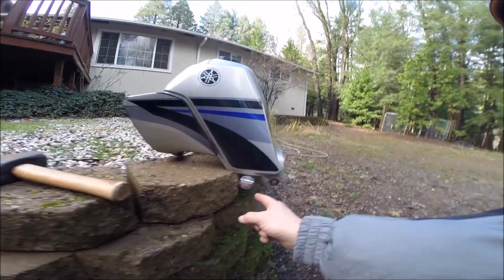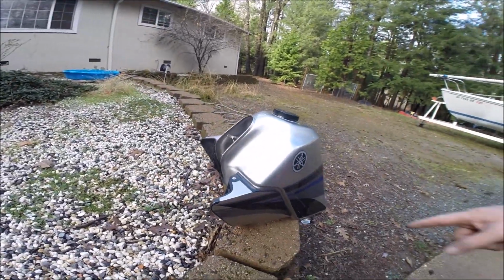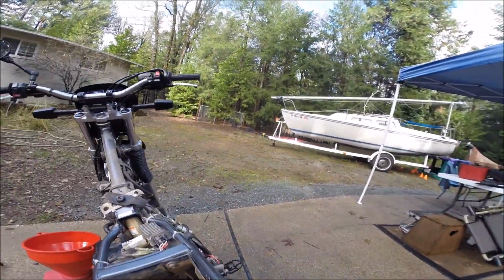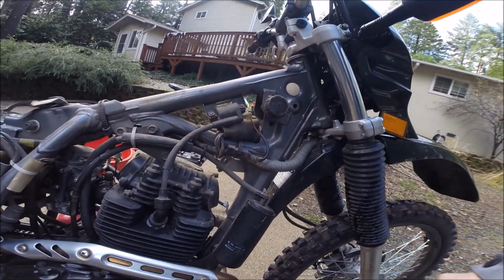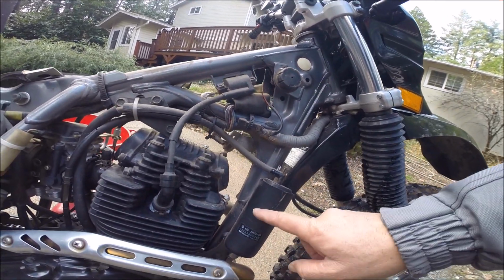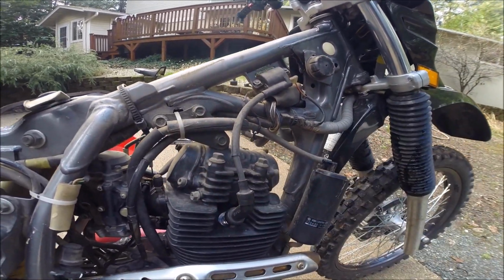Be careful setting this fuel tank down. You're not damaging the petcock, because you're going to reuse that. There's what she looks like underneath. Ignition coil, charcoal canister, valve covers for adjusting the...